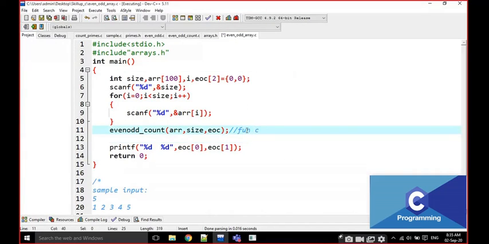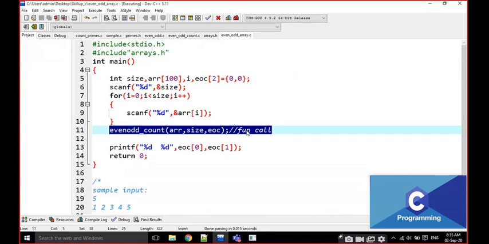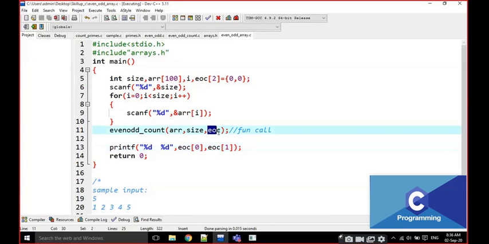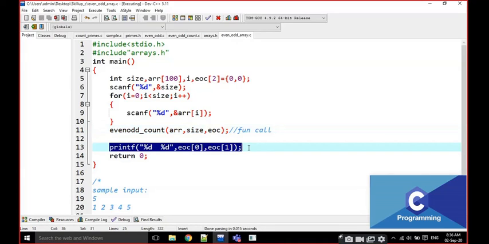Based on the function call, we have to understand in what way we are going to develop this function. We have to observe this function call and the result it is printing. That means if you have to apply any modifications on this one, then the result is going to be printed with these values, right?